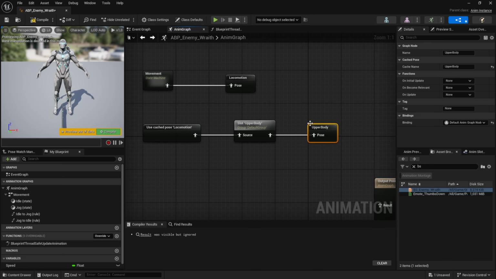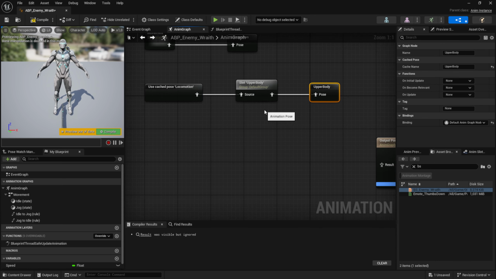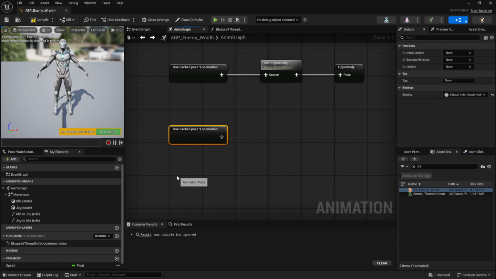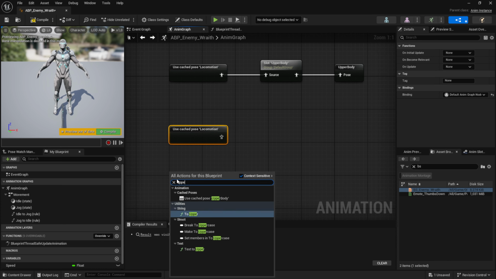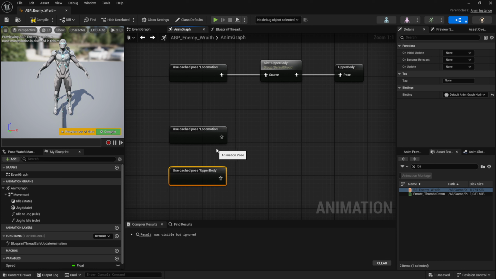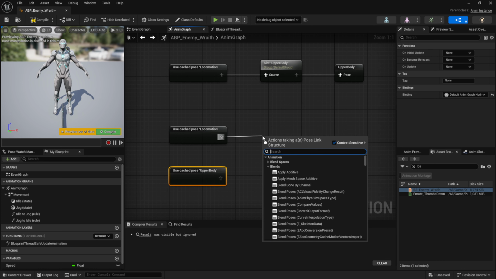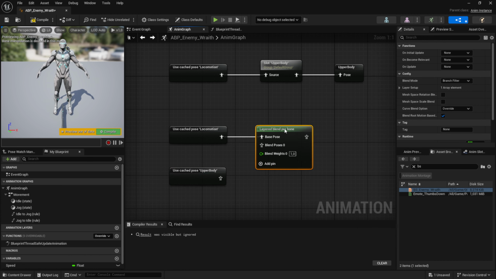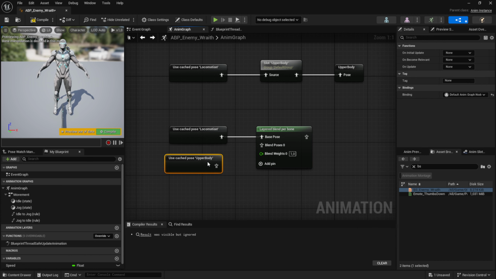So, and then we need to blend those together. So we want to use the cast pose locomotion again, and we also want to use our upper body pose. So I'm going to right click and look for upper body, and then we're going to use a layered blend per bone node to actually blend those. So let's drag off here and look for layered blend per bone. So the base pose is the locomotion pose, and then the blend pose is going to be the upper body